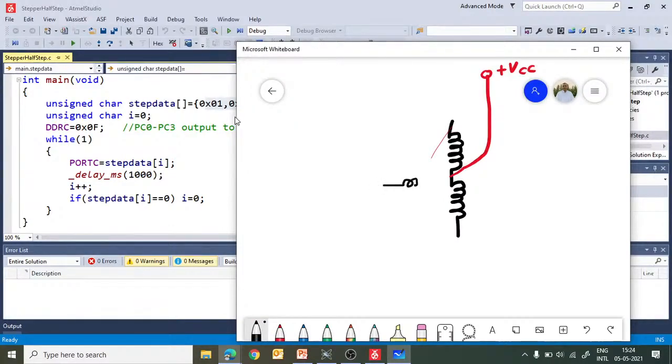And there are 2 more windings. So this is how we need to interface these 4 windings with the microcontroller with the help of driver circuits.